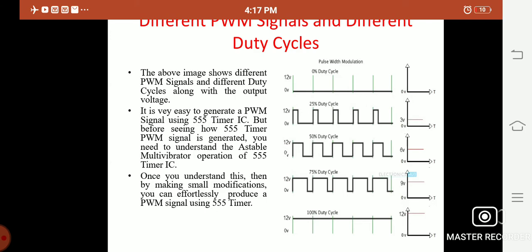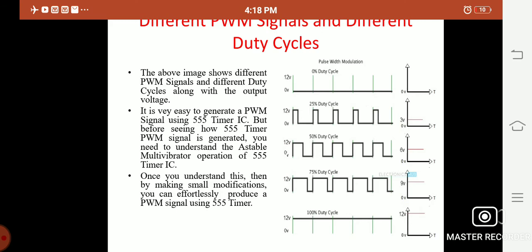So these are the width of the pulse, the instantaneous value of the frequency and time. So the width is equal to frequency into time period. The frequency is also called 1 divided by T, cycles per second, and then the time period of on and off time. So the duty cycle can be increased or decreased, higher or lower.